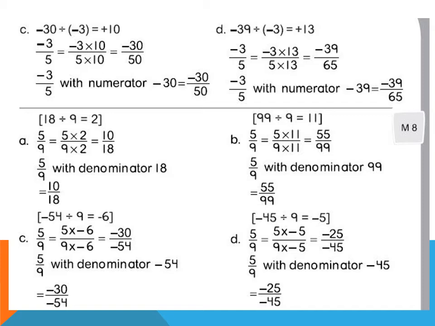I hope you should not have any doubt, because all these things are related to fractions. The fractions that you have already calculated, you know what a numerator and denominator is, how to find equivalent fractions. These are all similar things, okay? Just the name has changed from fraction to rational number. All the things are very simple, but still I'm telling you, if you have any doubt, please contact me, okay?